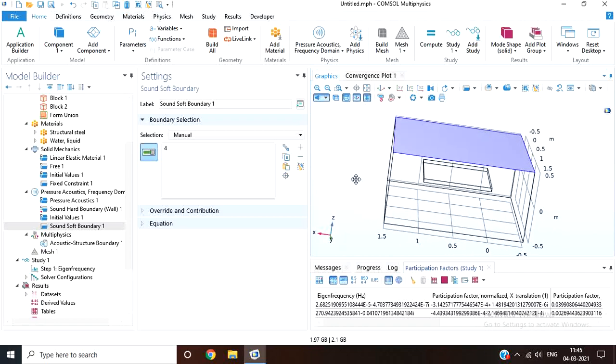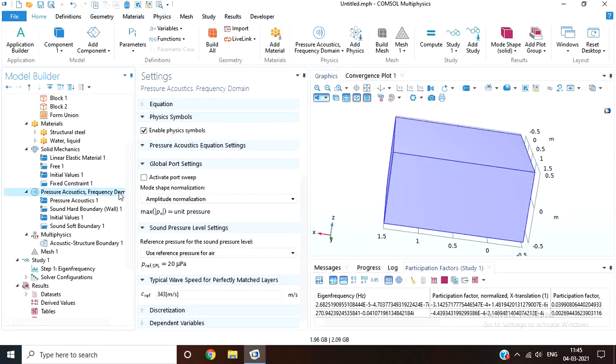If you want to calculate the natural frequency of a plate in a still fluid, then you can use the pressure acoustics physics. But if you want to calculate something like eigenfrequency or any motion or analysis in moving fluid, you have to go for the fluid flow module. But as the fluid is still, we can consider pressure acoustics physics.